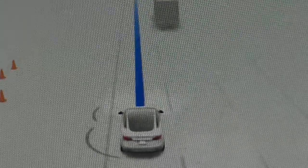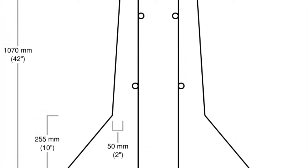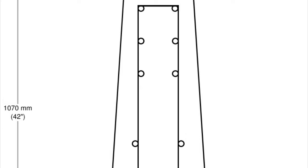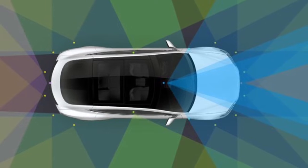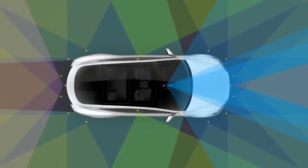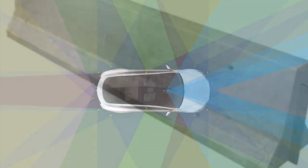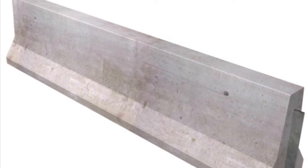That's pretty incredible given that these concrete barriers, also known as Jersey barriers, stand 42 inches high and 12 inches wide at their narrowest point. Until now, I had assumed that Teslas were using their radar and sonar to help detect and recognize road pylons, but that is clearly not the case given that these big concrete barriers remained between me and the traffic pylons